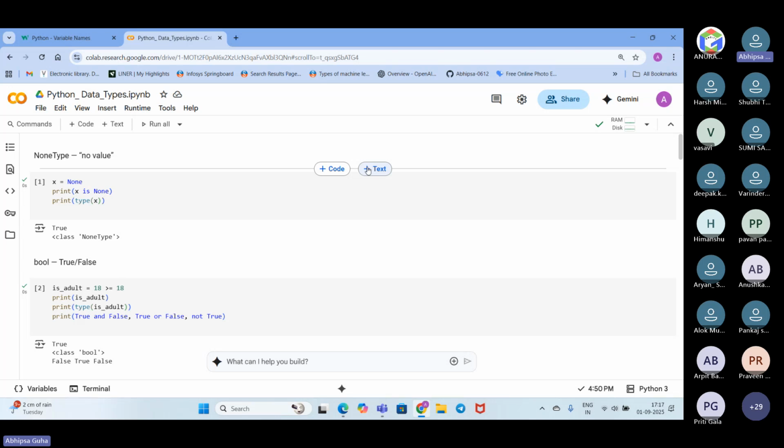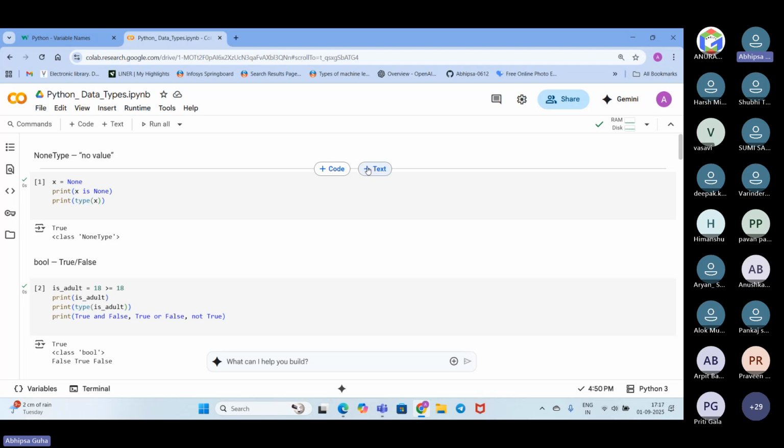For the first, we will be starting off with the types we get for the data types of Python. The very first is the none type. Next, we can think of Boolean and numbers. Numbers we can divide into integer, float, and complex numbers. In case of text, we have the string variable. In case of sequences, we see list, tuple, and range.